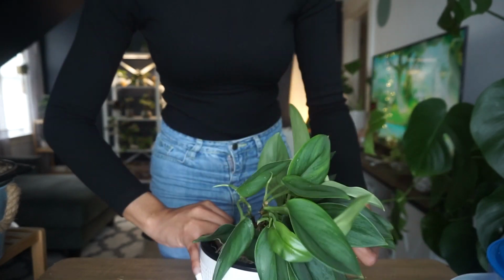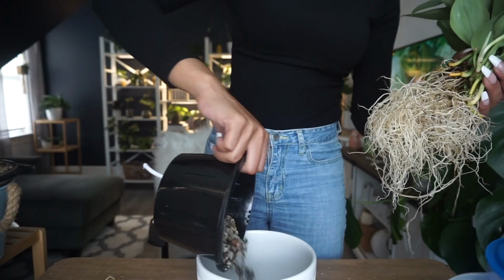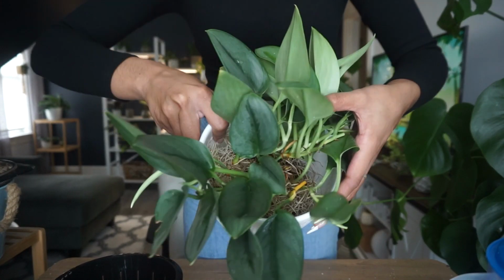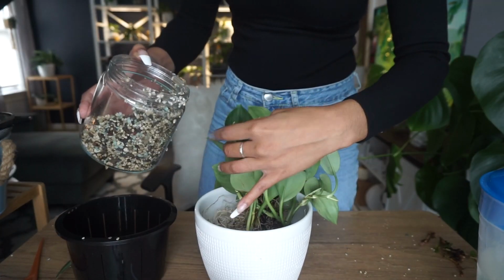What? Oh no. Damn, should I just put you in here like this? No self-watering today, but that's okay. I just don't want to smother him to death. And even this pot, look, this pot's a little bit bigger. You see the roots in there? It's still a little bit smothered, but